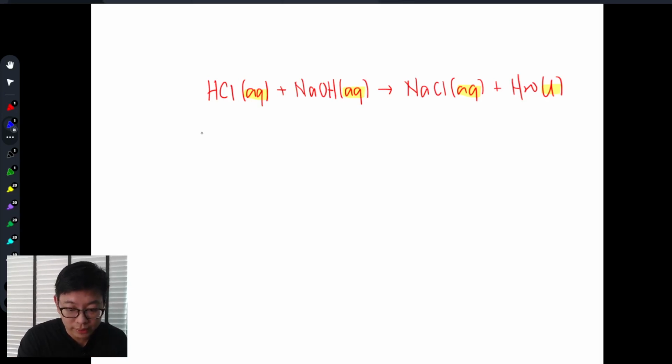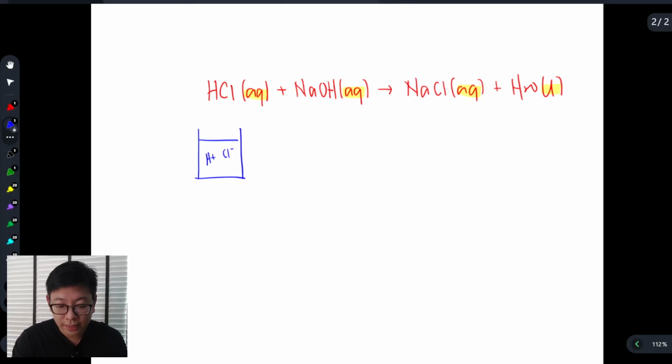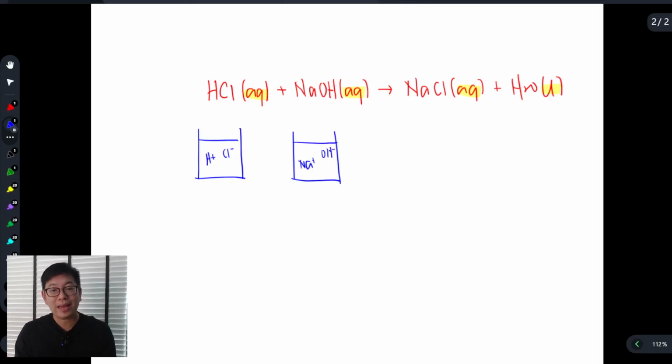So hydrochloric acid, in your aqueous solution, will have your H+ ions and your chloride ions. And sodium hydroxide, same thing, because it's aqueous the ions will split. You will have your sodium ions and your hydroxide ions. Now when you add them together, they will undergo a reaction, and let's look